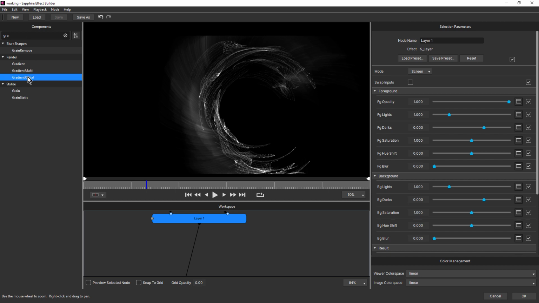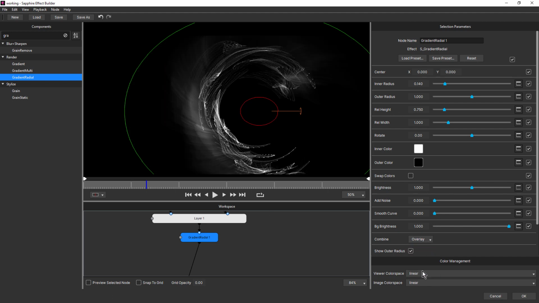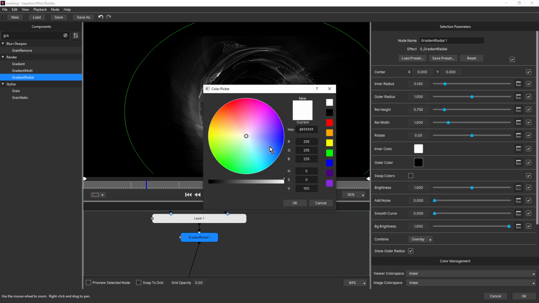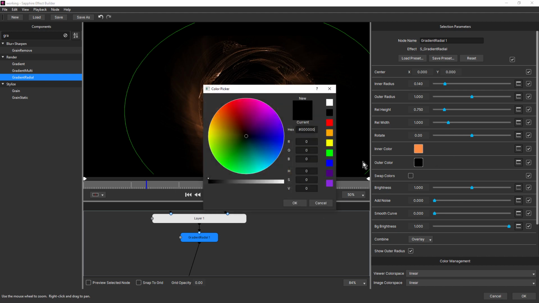I'll double click. That's going to cover everything, of course. So let's make this overlay. And we'll make the inner color, let's make it warm, like that. And we'll make the outer color something cool. Maybe something like that.